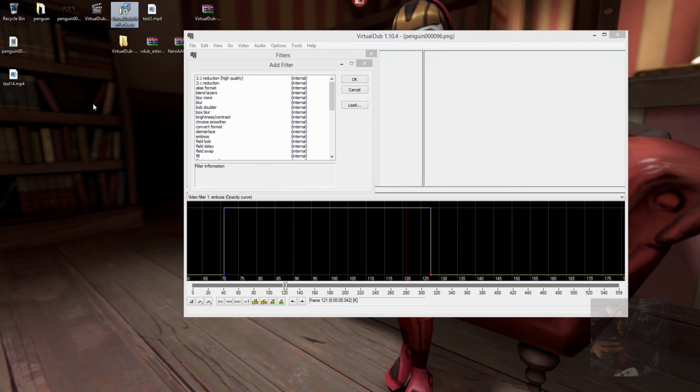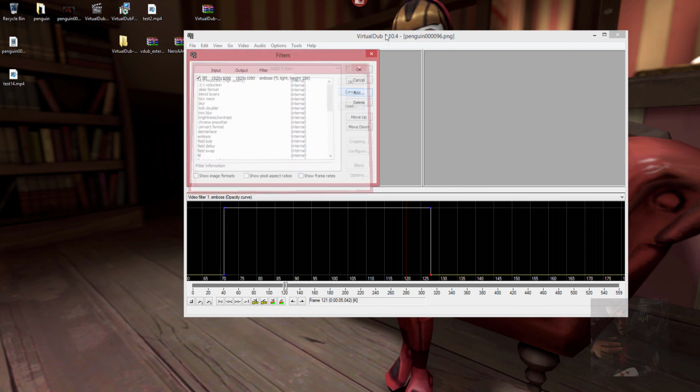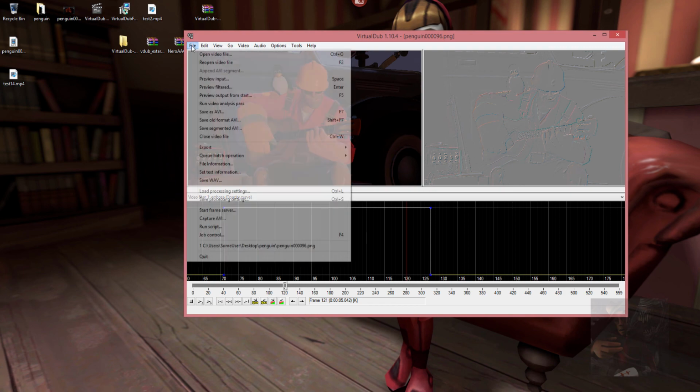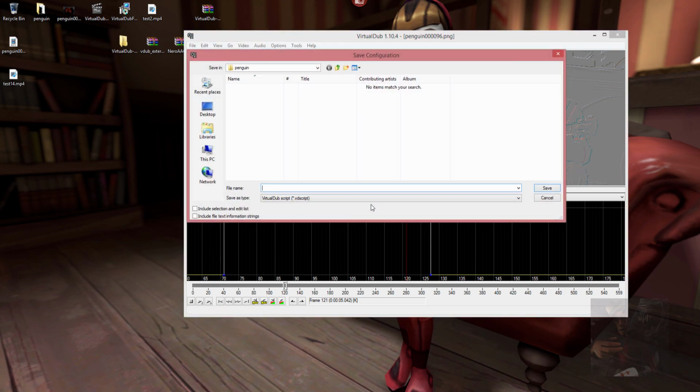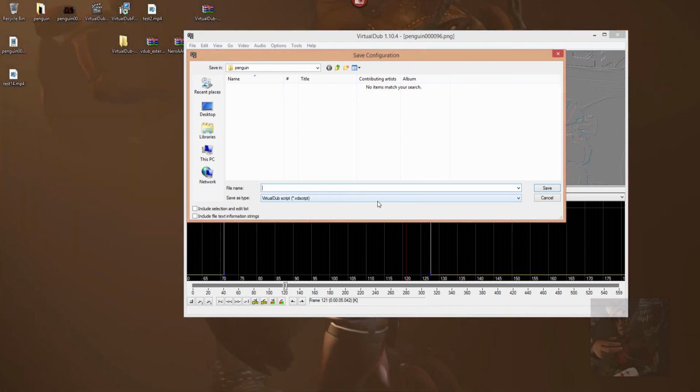However, with the pack, I'm going to cancel that now. I'm going to save the process settings because I've got a video now with animations and whatnot in it, and if I ever want to recreate it, I need to have this VD script, so I'm going to call that